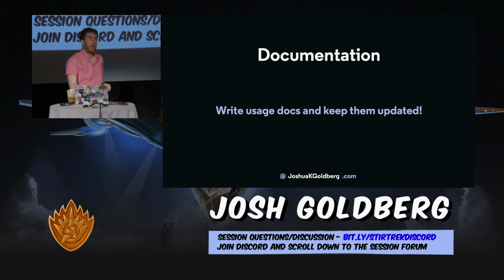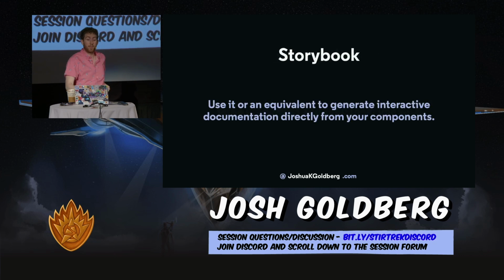Docs are good. So you got a design system. You have literally anything in code you want the rest of the team to use. How do you get them to use it? Well, in documentation for visual things, you have this awesome tool called Storybook. Does anyone here use Storybook or an equivalent? Awesome. So I don't need to explain to most of you that Storybook is something that generates awesome interactive docs